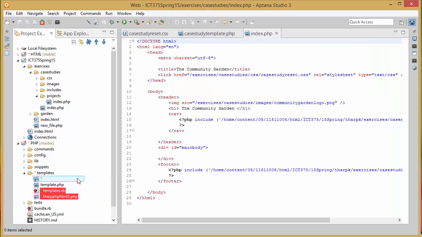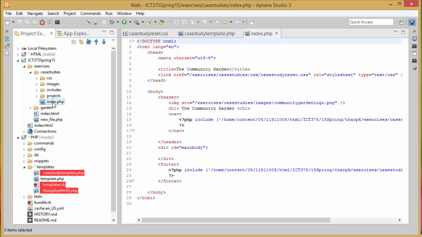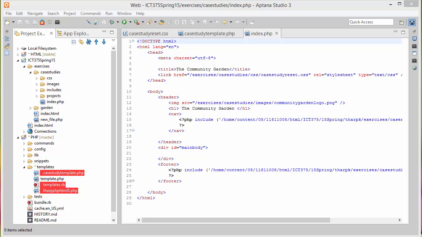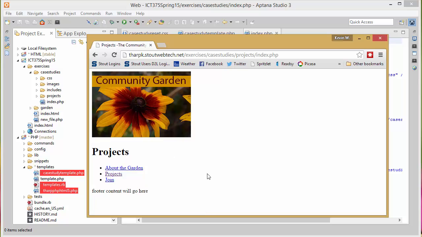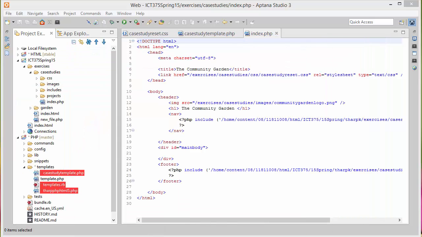So we created the case study template PHP, created a new file from that template, which is stored not in the projects folder, but in the case studies folder, and that's what we're looking at right here. Again, as you recall, we previously had created one with projects that didn't have the reset style sheet on it. So that's what we're going to do, is we're going to start working on getting that style sheet set up